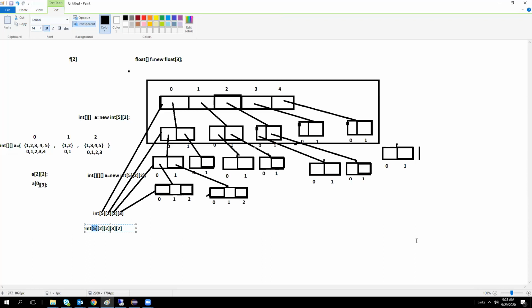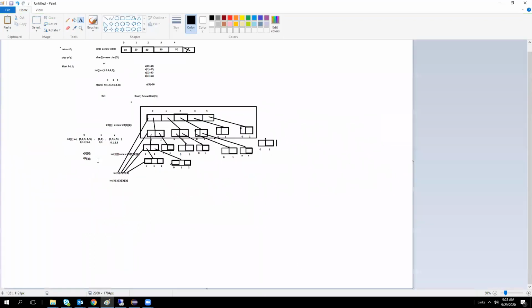Then we can go to initialization. Up to now we have seen the declaration. This is the initialization for 2-dimensional.